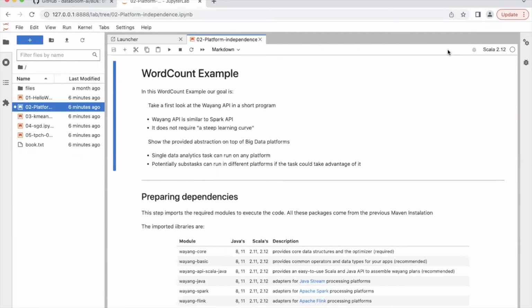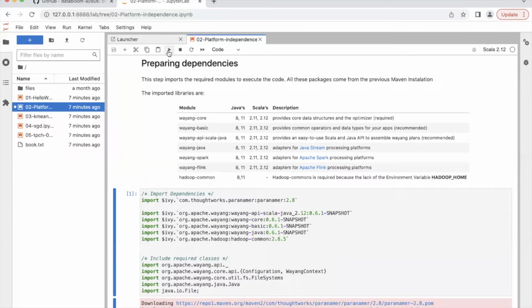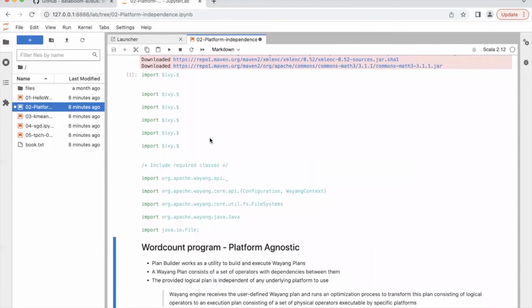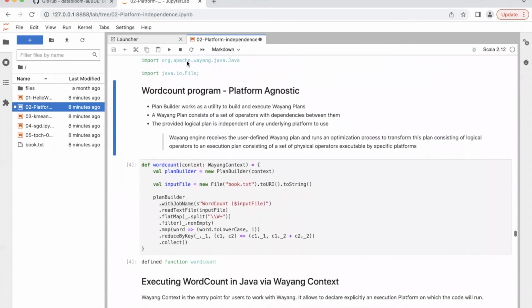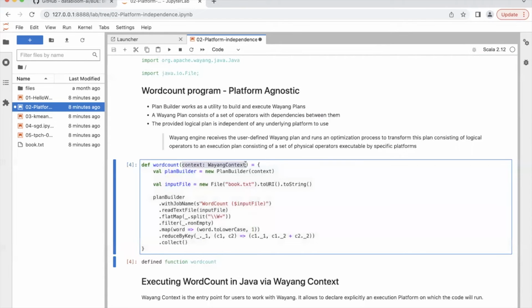For this video, we will use again the word count example with the Scala API of Blossom. So first we need to prepare all the dependencies that Blossom needs and import these dependencies together with the required classes. Now that we imported the required dependencies and classes, we define a word count function that receives as input a Wayang context. Based on the plan builder,